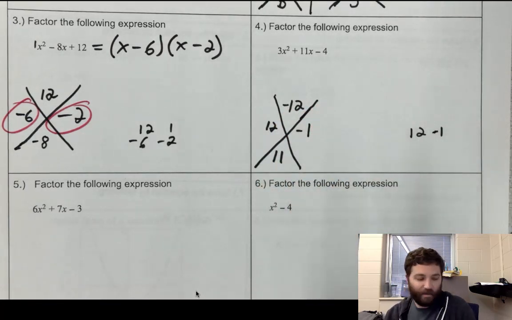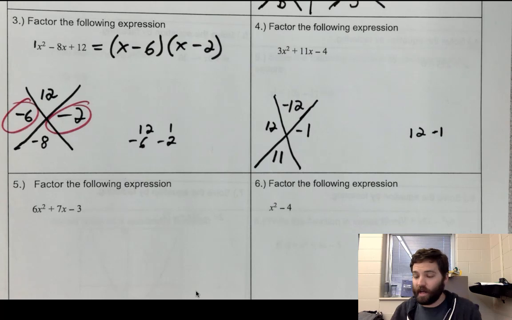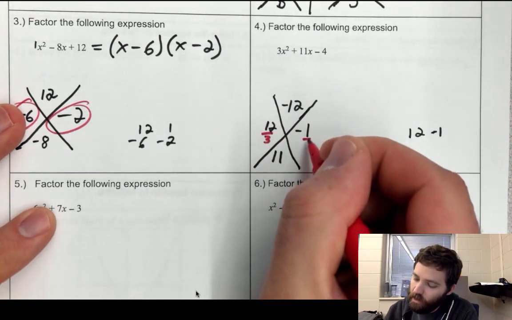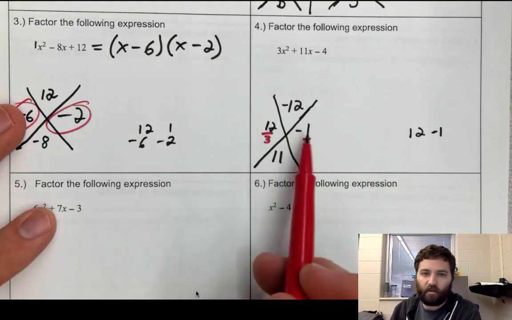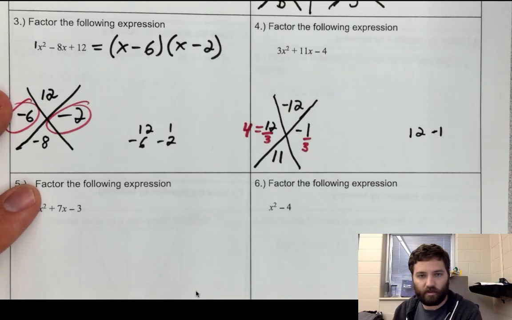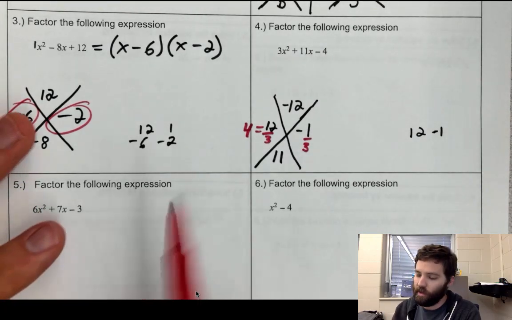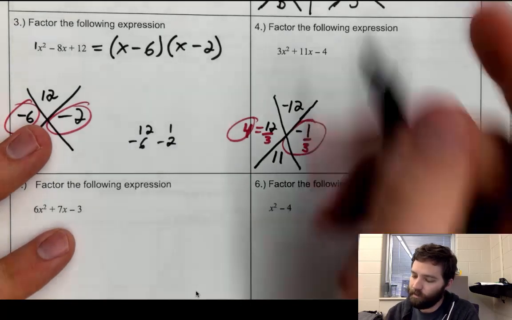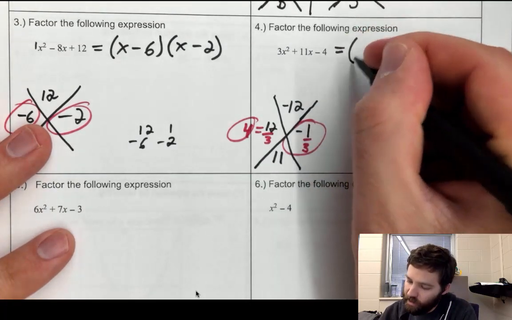Now I'm going to divide by a, and this one, the dividing by a is actually important because a is not just 1. So I'll divide by 3. This one I will get negative 1/3, and this one here I will get 4. I should have given myself some more space, sorry. So these are the numbers that I'm going to put into the factors. Okay. So I've got x plus 4